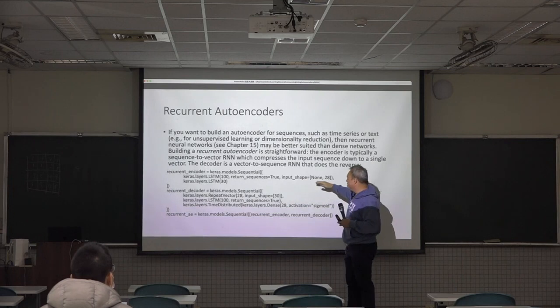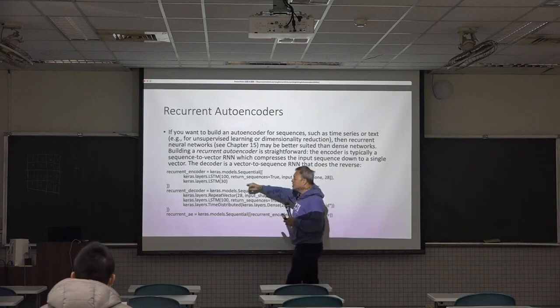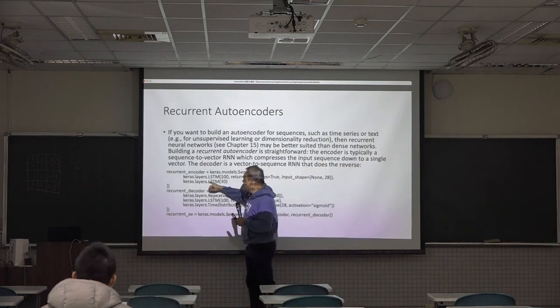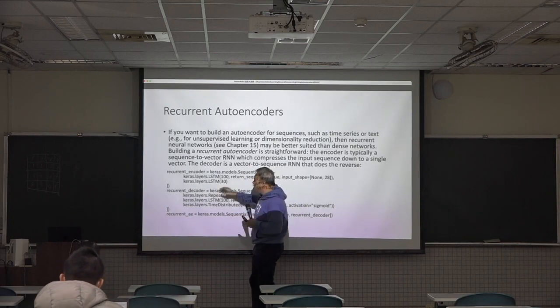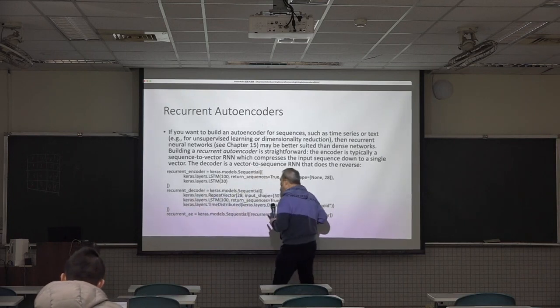We just get any number of rows from the input. And then this is our coding, so we get like 30 neurons. This is for the coding. This part is our recurrent encoder. For the recurrent decoder,